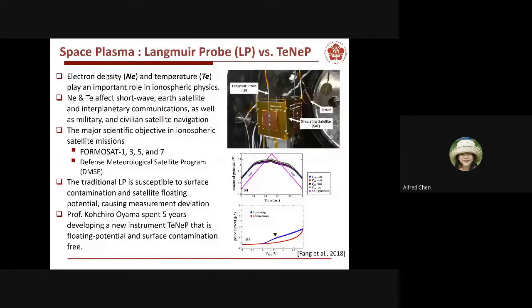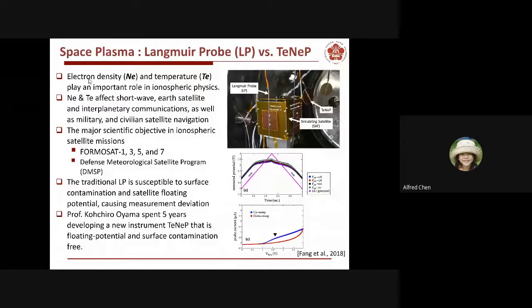The Ne and Te will affect shortwave communication, Earth satellites and interplanetary spacecraft communication, as well as military and civilian satellite navigation. And monitoring Ne and Te is also a major scientific objective in the ionospheric satellite missions, including Formosa 1, 3, 5, and 7, as well as the US